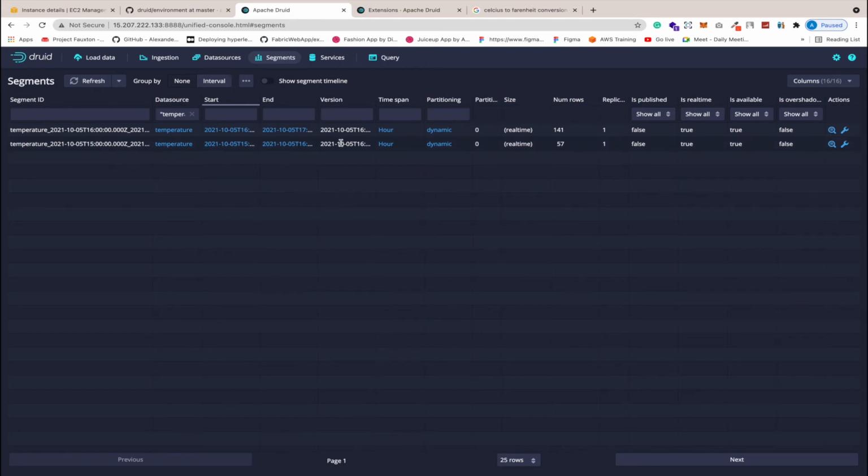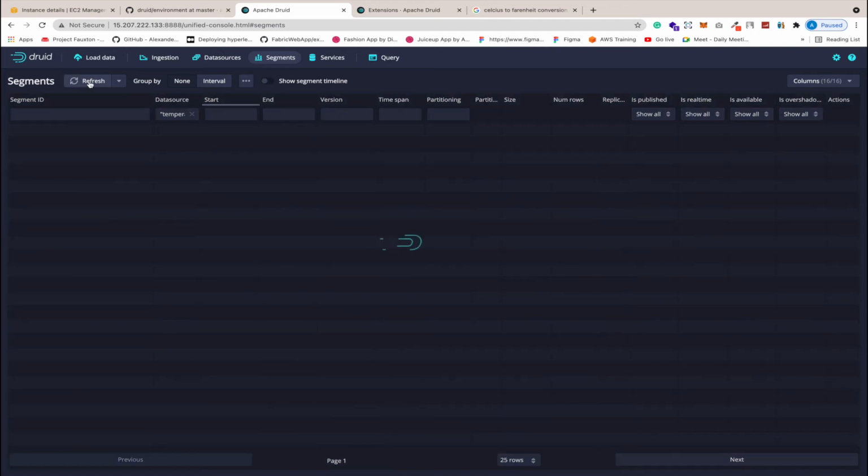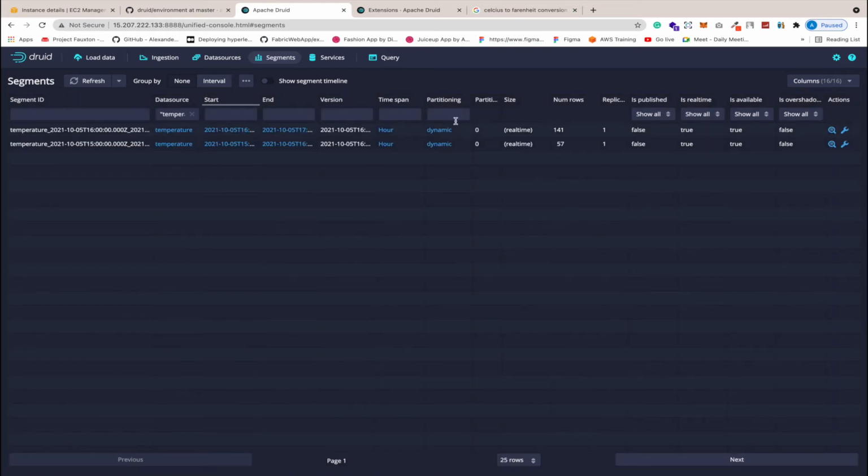Why do I have two segments? Because we have been running the setup for more than an hour, so that's why it automatically created the two segments. So now if I refresh here, I can see the number of rows each segment has,